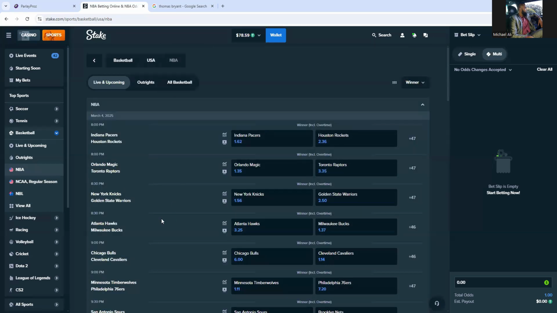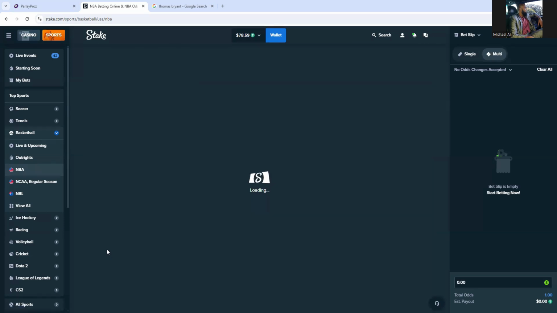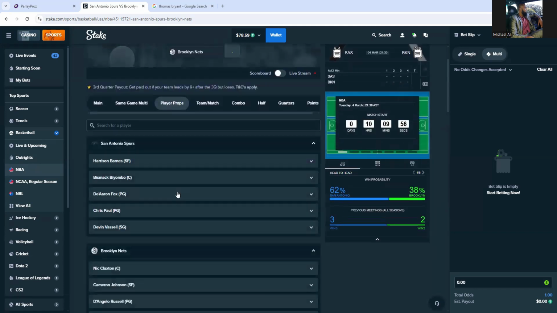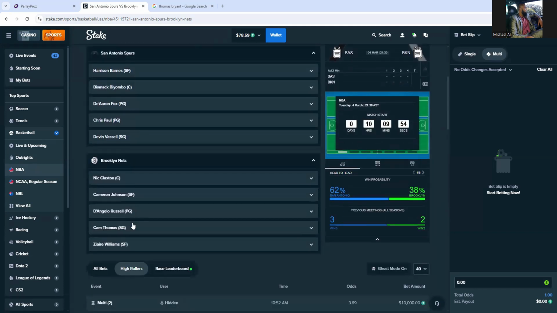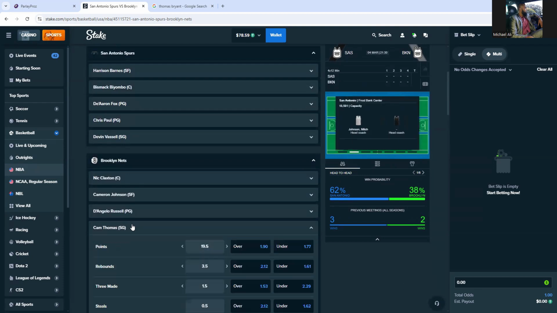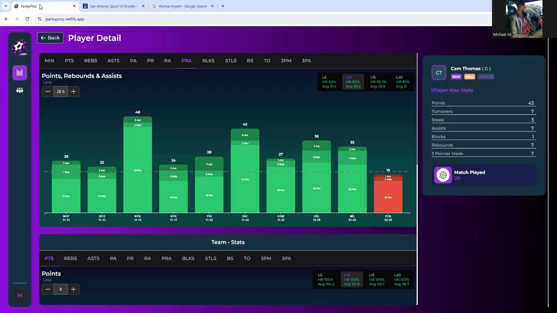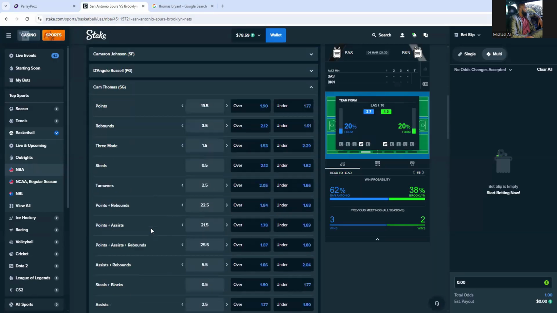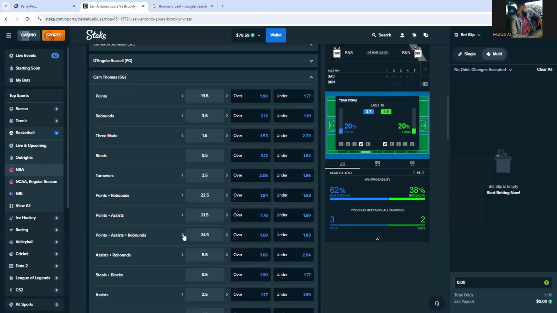He's playing for the Brooklyn Nets. Brooklyn Nets and Spurs game. You want to go to player props, and you want to go down to Cameron Thomas. Sorry, I said Cameron Johnson. Cam Thomas, sorry. You go to Cam Thomas, and the PRA, I want to drop it here,